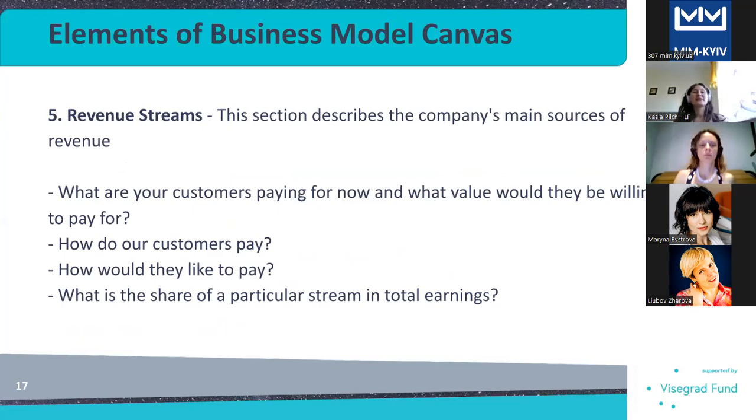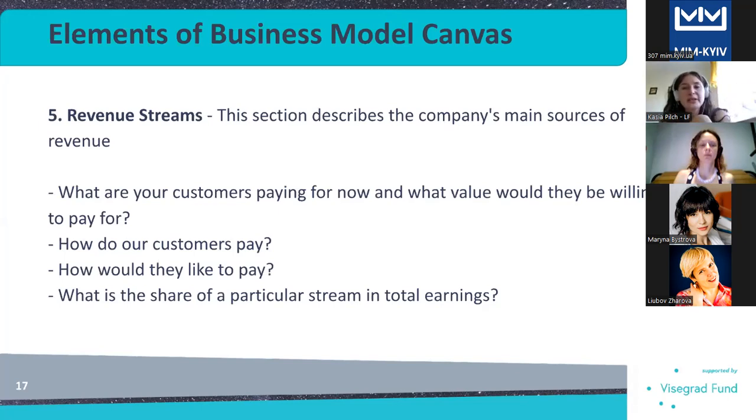And the fifth element of Business Model Canvas is revenue streams. This section describes the company's main sources of revenue. So by sources of revenue, I mean product sales, services, subscriptions, licenses, advertising, or other forms of revenue generation. The question you want to ask yourself is, what are your customers paying for now,